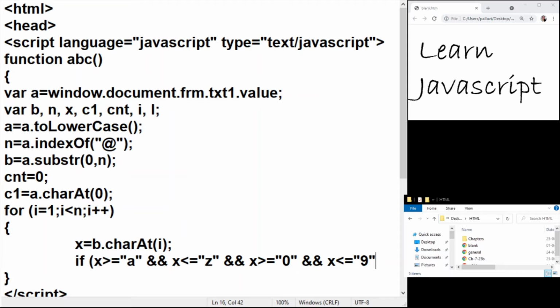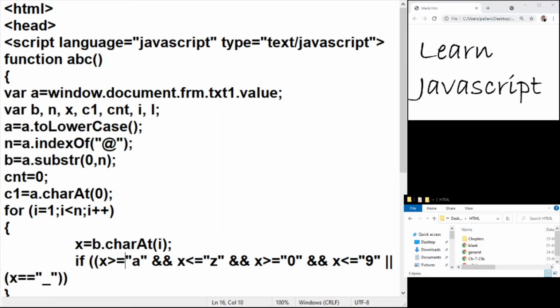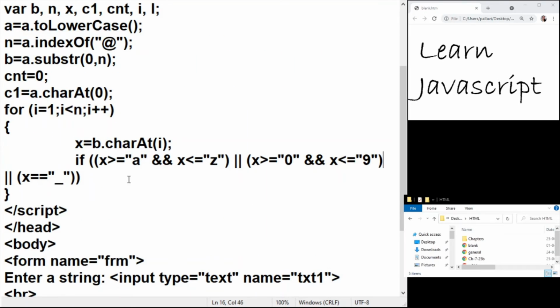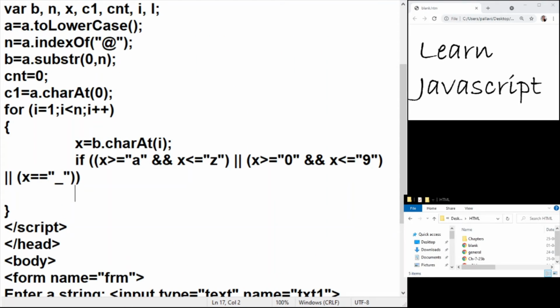So here goes the condition for the digit character. So that is the digit character. Oh, we cannot write an and in between. We have to write in an or. So x is equal to the underscore. Okay, I'll have to put all these into a common condition and replace the ands with an or. Obviously, you would have realized why an or. The character extracted cannot be all of these at the same time. So if that is the case, I'm going to add in 1 to the counter.